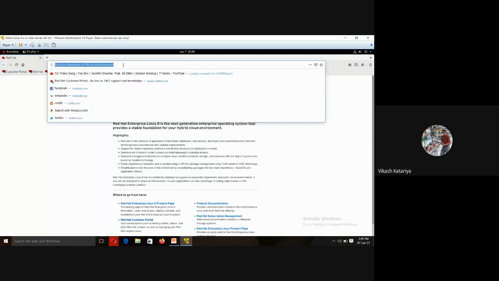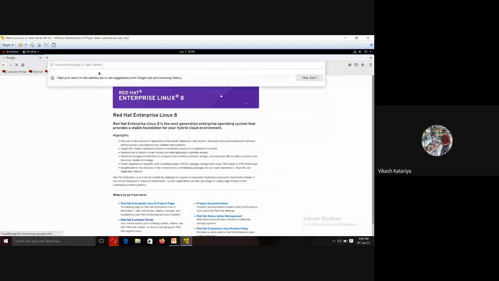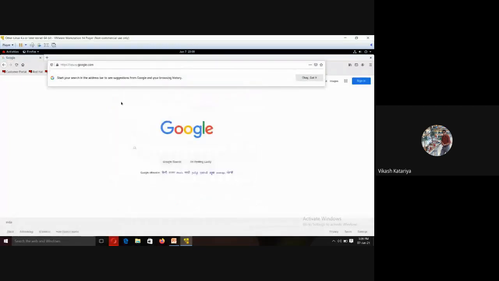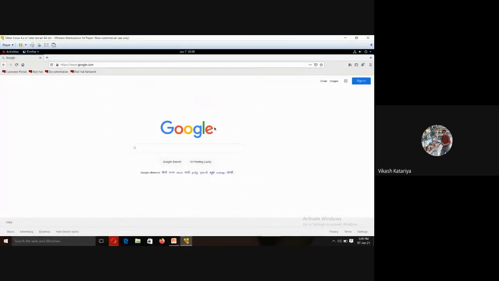So a window will appear like this, and you can open any website like google.com. So Google will appear as the home page. That means it is quite easy to access the internet by using Linux. It is not tough, as we have the tendency to think that Linux is a very tough operating system and we cannot access the internet and other resources. So I show you how simple it is to access the Google homepage and surf any website by using the Linux interface.